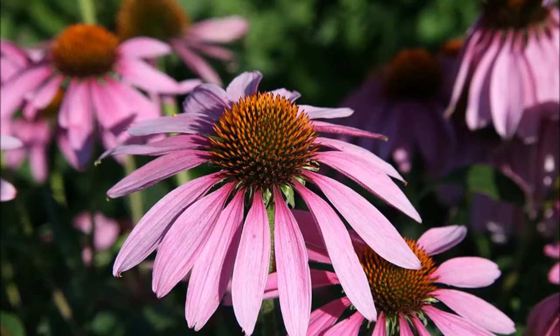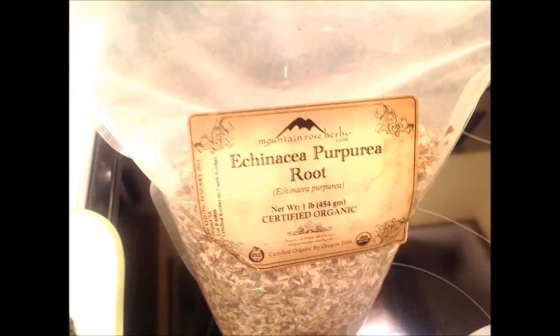So let's meet our herbal pals, the stars of the show. We have echinacea. This is also known as purple coneflower. Very popular herb for immune building and used in many remedies. It's a famous herb amongst Native Americans, and also is a great flower that attracts butterflies. The part we're going to be using is the roots of this, and I like to get my echinacea root